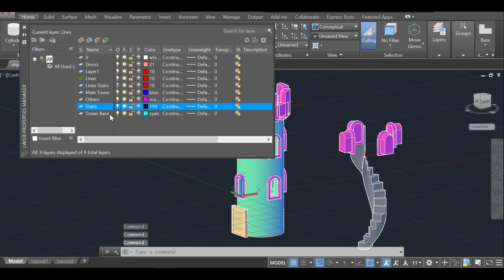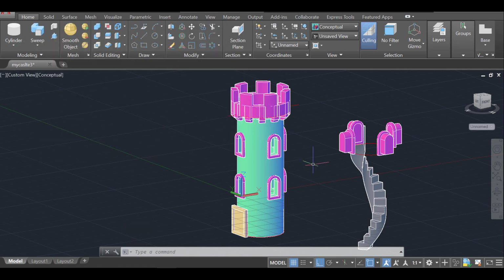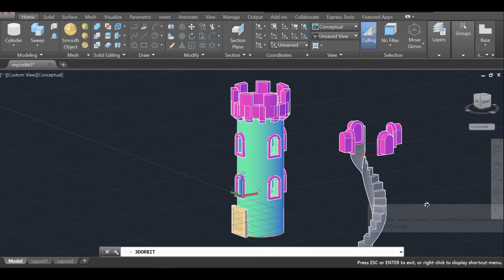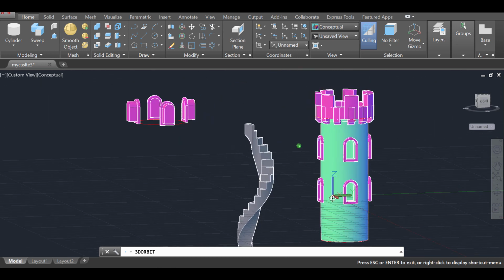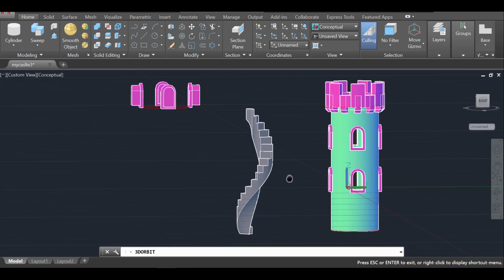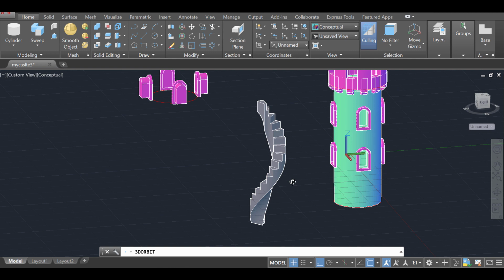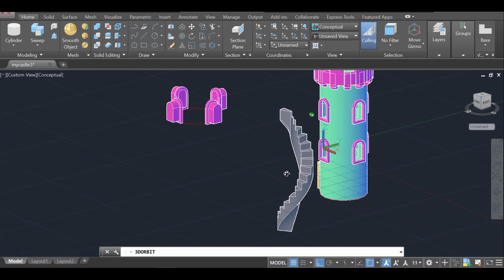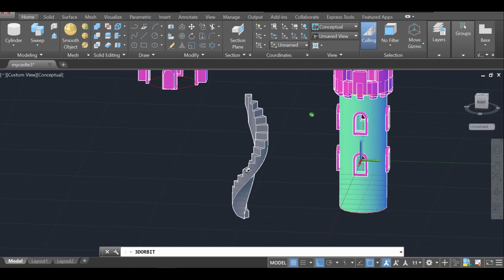Okay. And I have created this based on the video that I made before. So if you want to know how to create this staircase, please watch my videos on it. I have created a video just for that. And the only different step that you're going to take from that video to here is to make